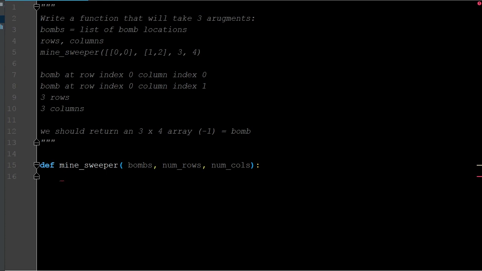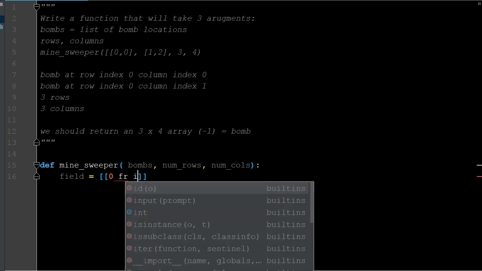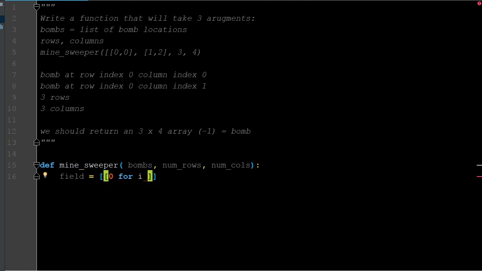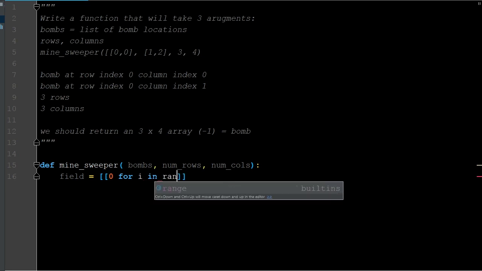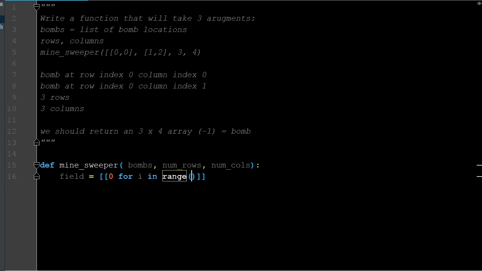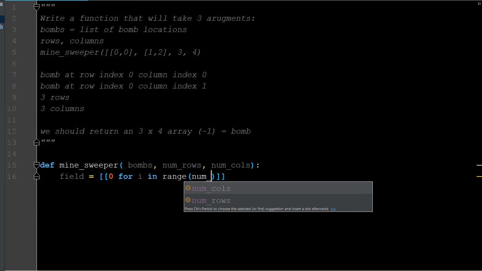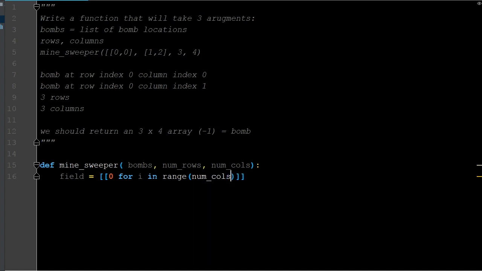That's going to be the variable that we create, and it's going to be a list. We're going to do 0 for i in range of one of the arguments that we have, our number of columns, right? So we want to put a 0 for every i in number of columns. Right now columns is 4, so we want to have 0, 0 in all of the columns. But then we also have to do that accordingly for